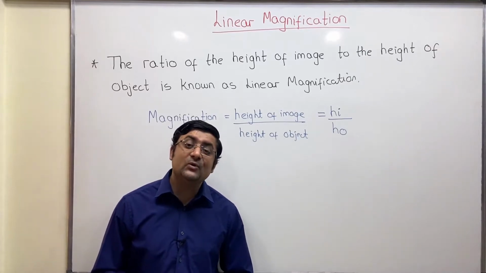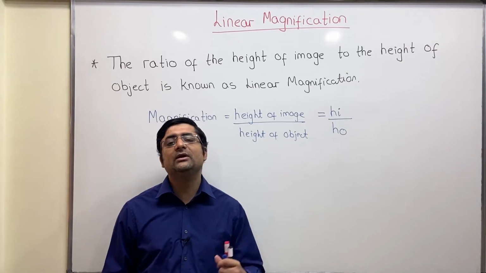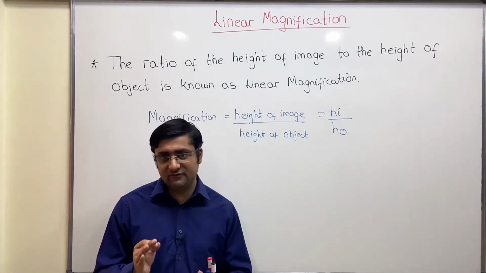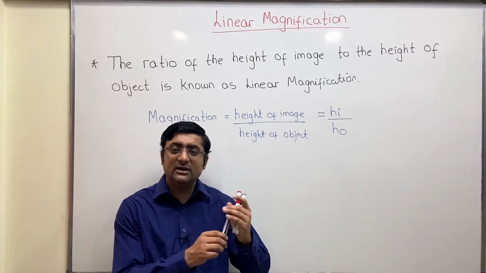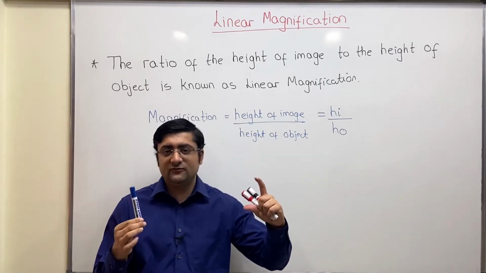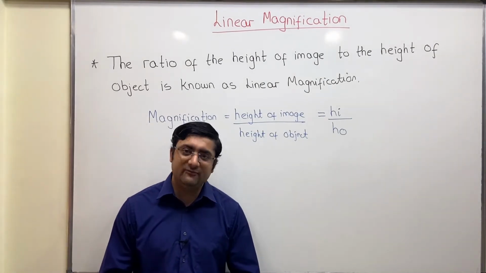So in the previous video, we have learned the concept of the mirror formula, that is 1/v + 1/u = 1/f. Now the mirror formula, guys, is generally used for finding the position of the image. What I mean is, let's say we have a concave mirror with focal length 10 centimeter and I place my marker 15 centimeter over here. So now where is the image formed? We can get the exact distance where the image is formed with the help of the mirror formula.